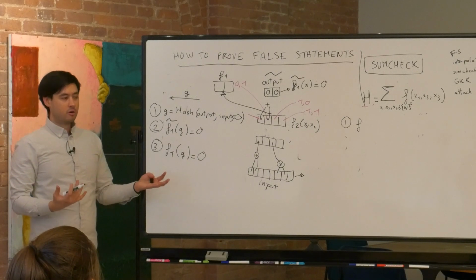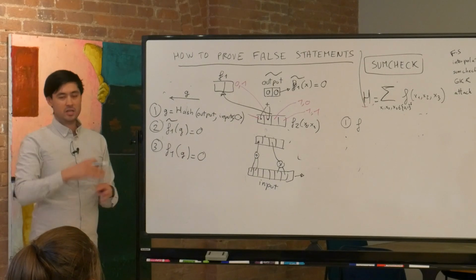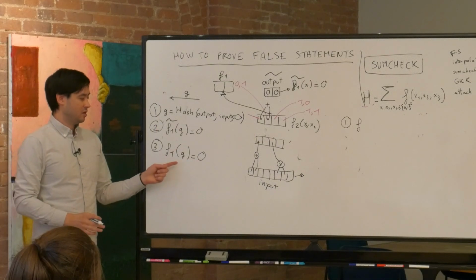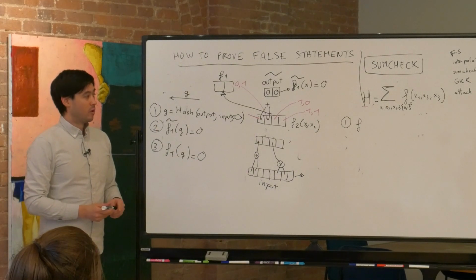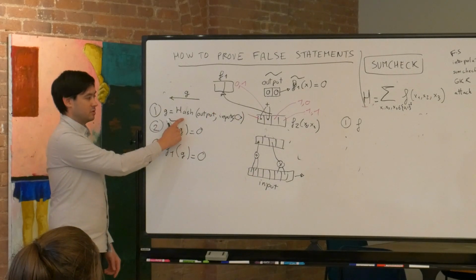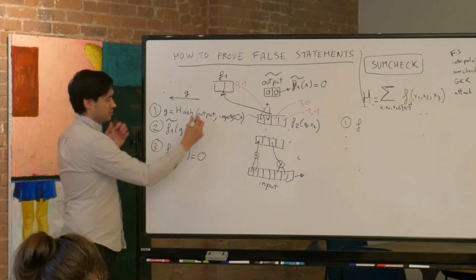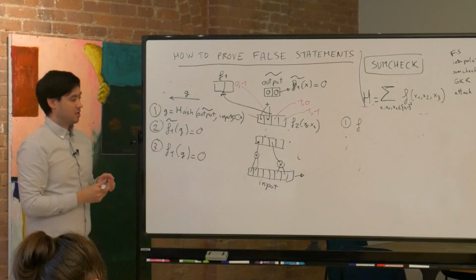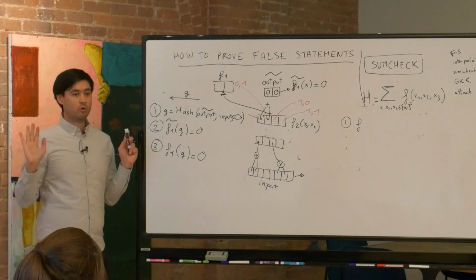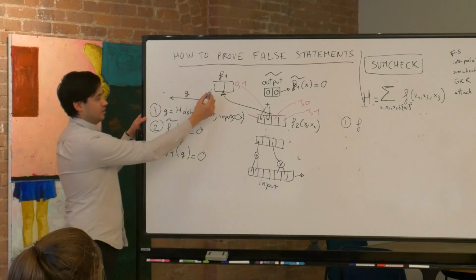Well, the harsh truth is that you need to know about G. There's no other way around. Since G can be any random value, and we're in a field, which is a set with a huge amount of numbers, we need to know about G. But what we can do is compute a circuit that computes G itself, because G is computed as a hash of all these things, where actually G is computed as a hash of the wrong outputs. We just need to create a circuit that implements this. And that's basically the whole trick about GKR, is that they compute a circuit that implements this, and then they put